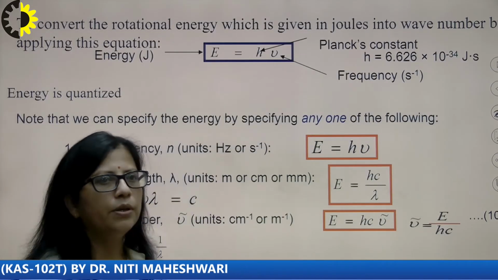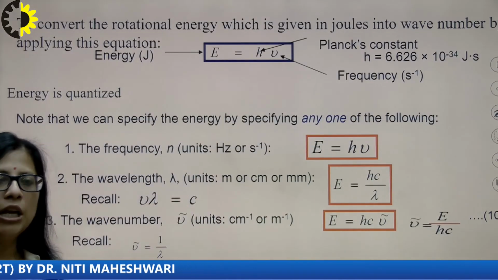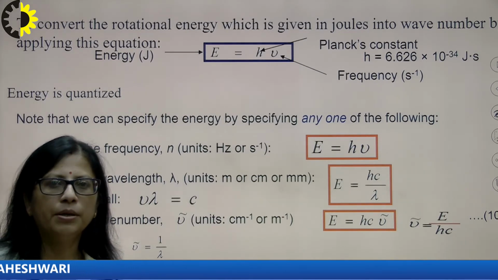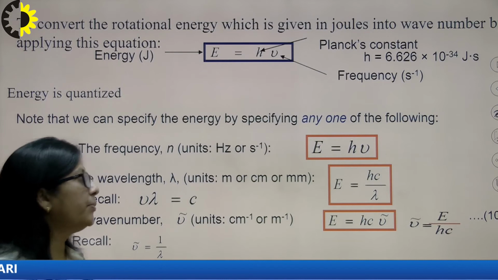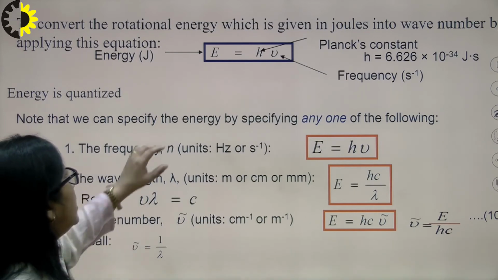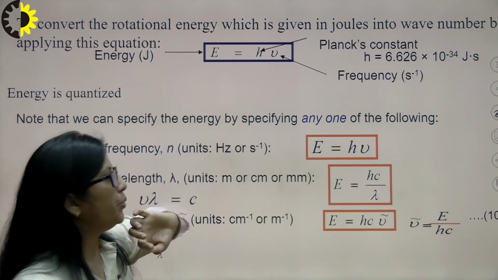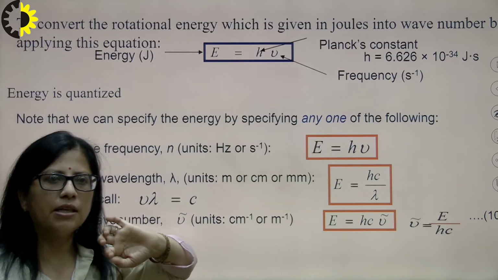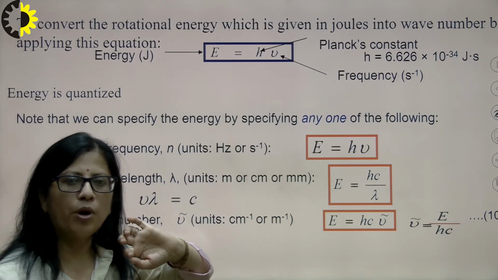Now, to convert the rotational energy which is given in joules into wave number, we can use the equation E is equal to h nu. h is the Planck's constant and nu is the frequency. Since the energy is quantized,